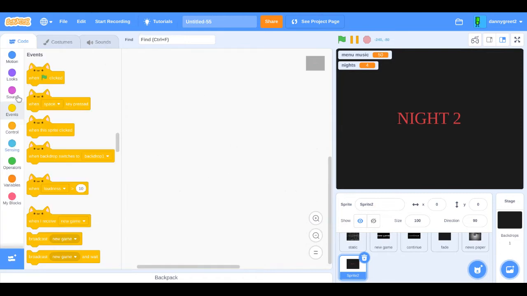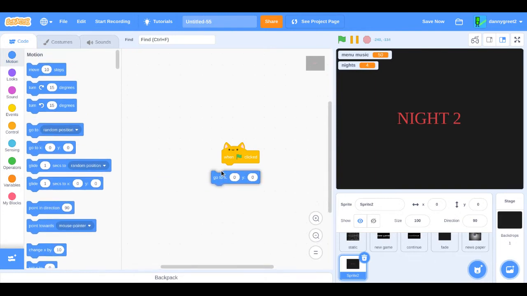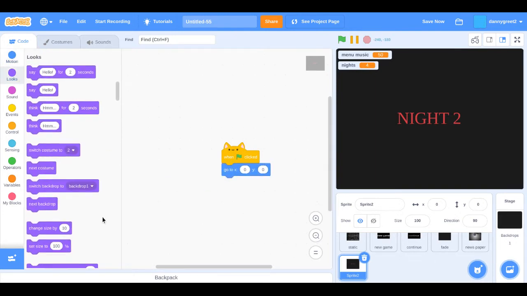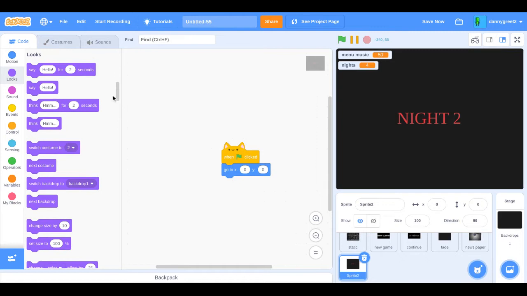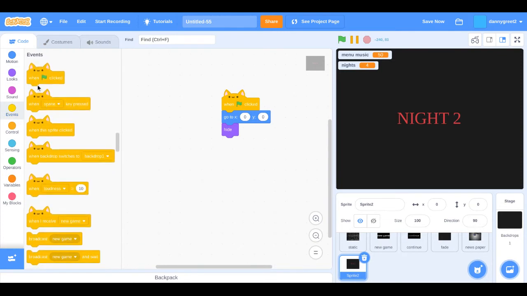Now we can start coding it. So when green flag clicked, go to 0, 0 and hide. And hide. Now when I receive nights,